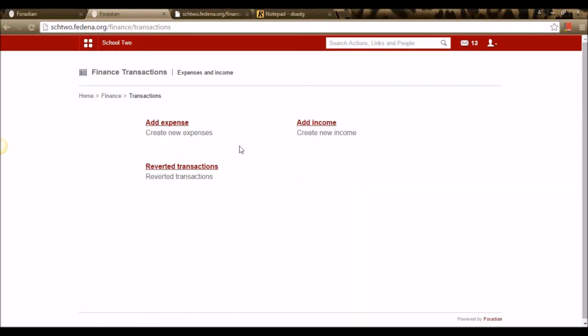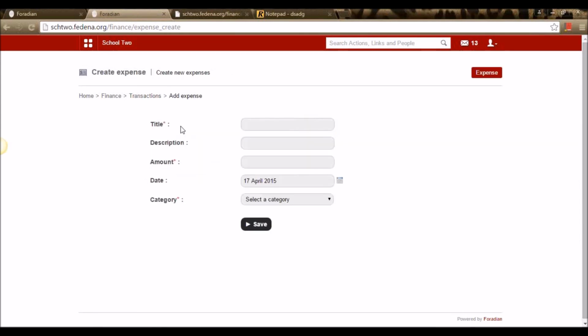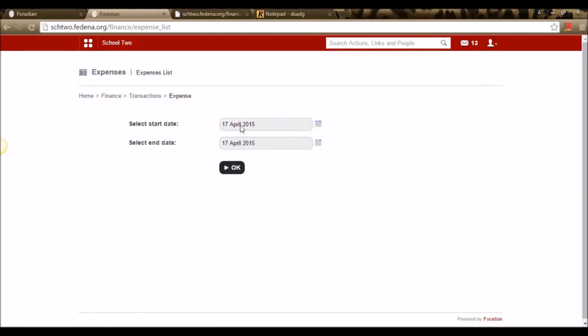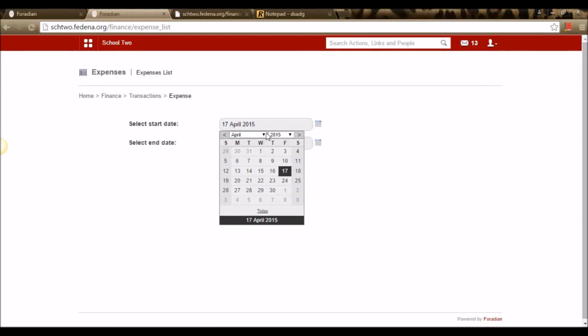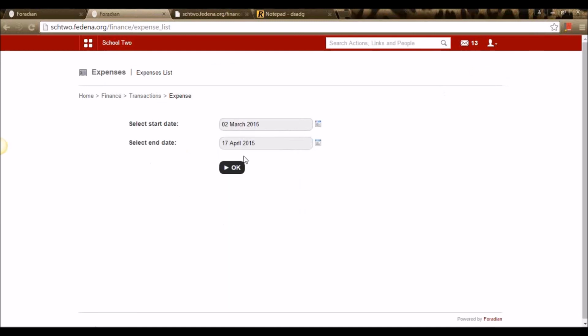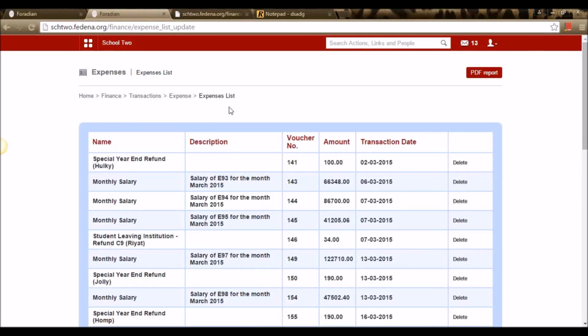Let's go for transactions. Here we can add transactions like add expenses, add incomes that the institute has made. Let me see the options of adding an expense. Let's see the one that is already available. Let me select a start date and end date, and let me see the expense list that the institution has made.